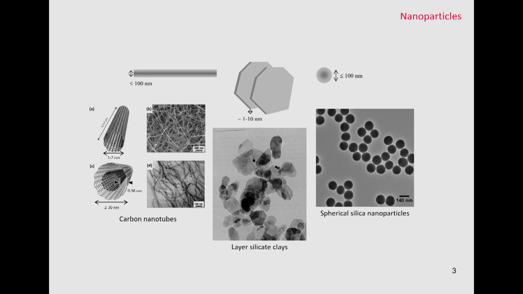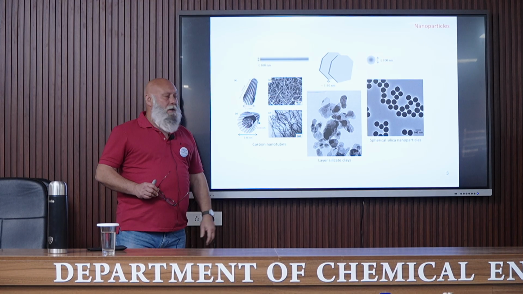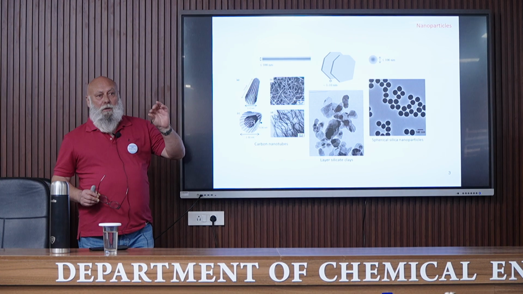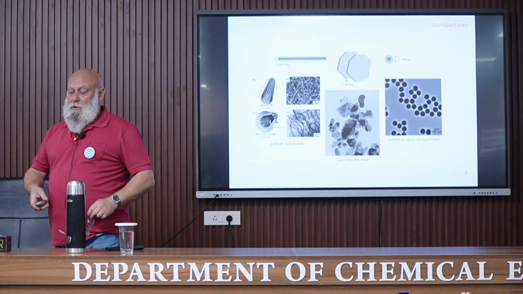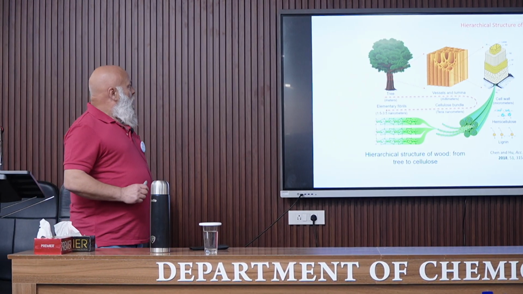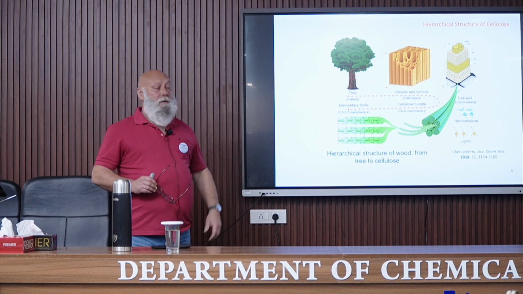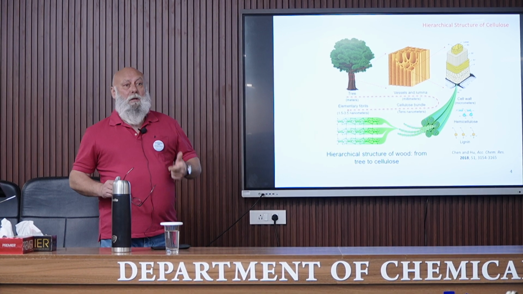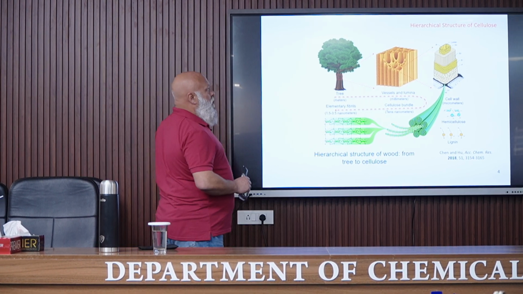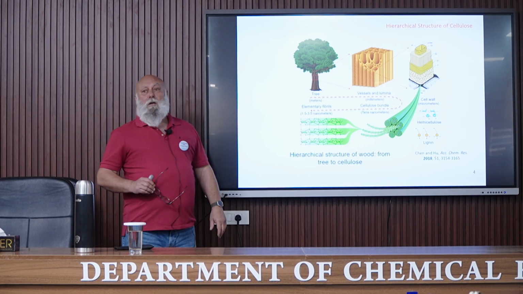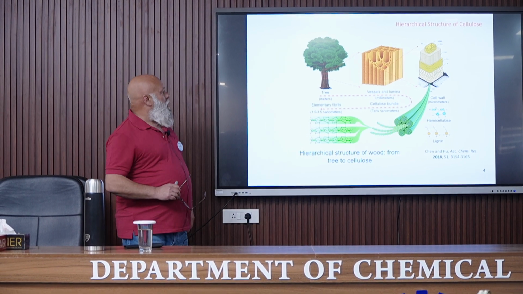And in the case of fibers, like for example carbon nanotubes, the critical dimension is the diameter that should be lower than 100 nanometers. So I will show you briefly the main features or common features of the three polysaccharides that we will use to extract nanoparticles: cellulose, starch, and chitin. So in the case of cellulose, we have a hierarchical structure, which is the same for the other polysaccharides,